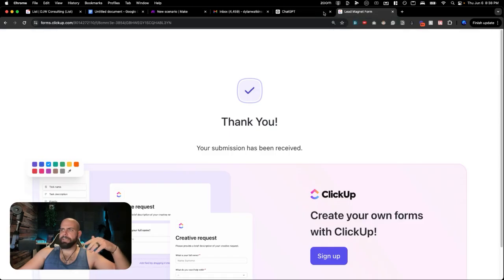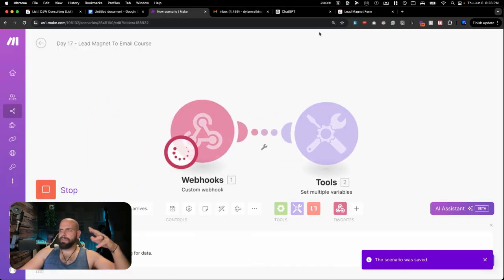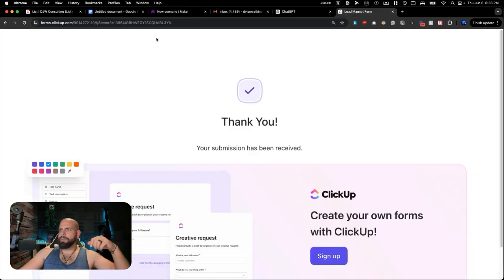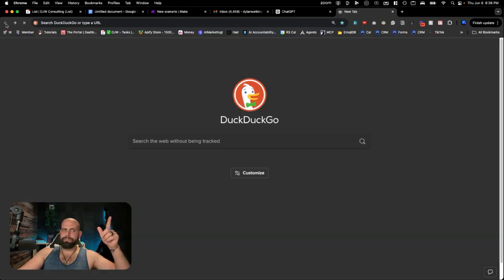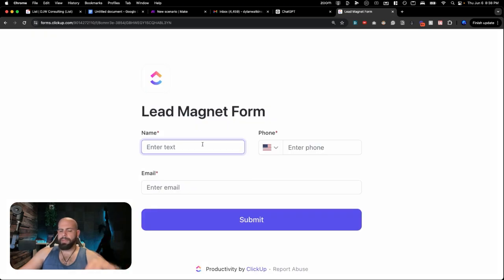We're going to trigger this again by going to Make, clicking run one more time so that's active. And we're going to run this through. I'm just going to hit the back button and the forward button. So it takes me back to the form. And now we're going to add in, hopefully this isn't going to be confusing, because sometimes I'm creating it, so it'd be confusing to see my name on it. So I'm going to say Dill